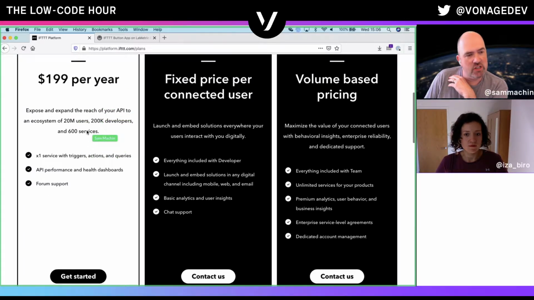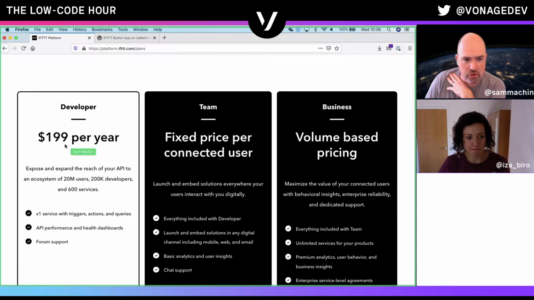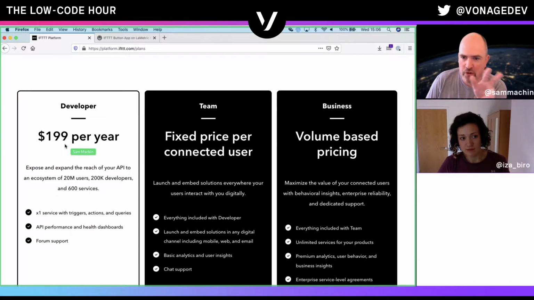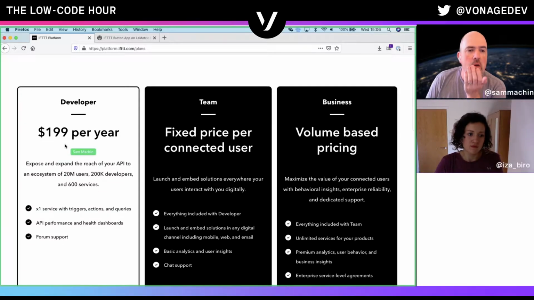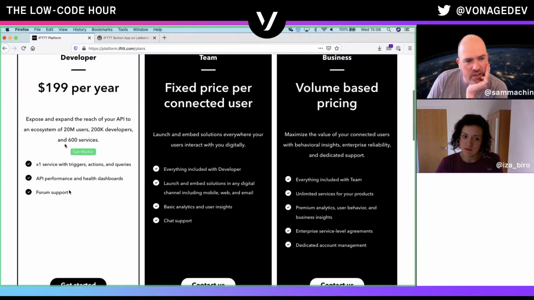So they're actually asking the API providers in that sense to pay, which is very different to Zapier. I often think of IFTTT and Zapier as being quite similar, in similar positions. But obviously in Zapier, they're charging the people that are using it. I don't know what I think of that. It's interesting. I mean, it depends,